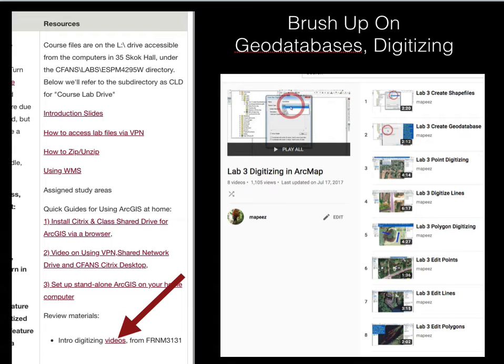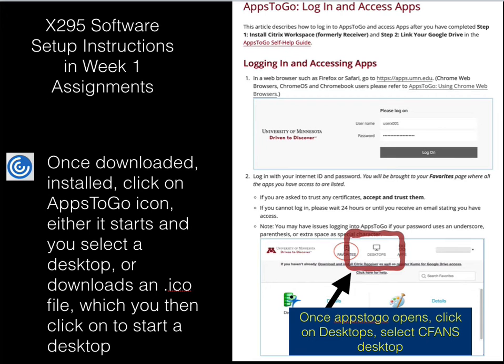So the basic idea is that when we're introducing something new or just reiterating something, we'll provide in the review materials, videos, for example, on digitizing or clipping or various other operations. What else? Yeah. You have to use this apps2go. That's the name of the